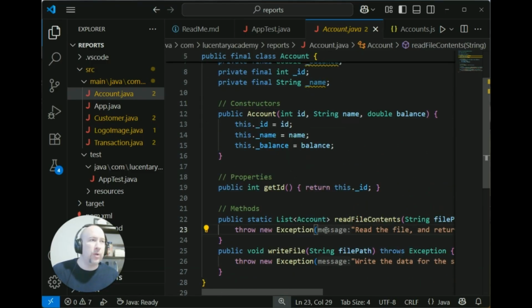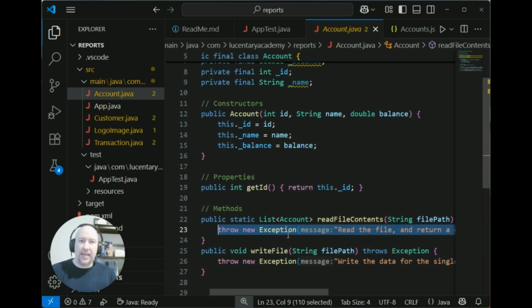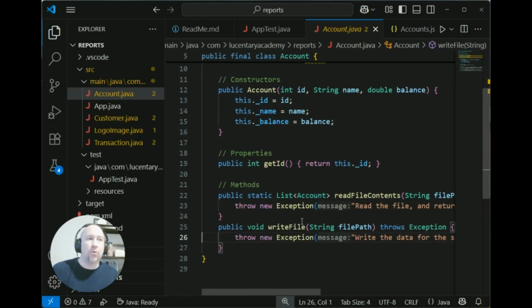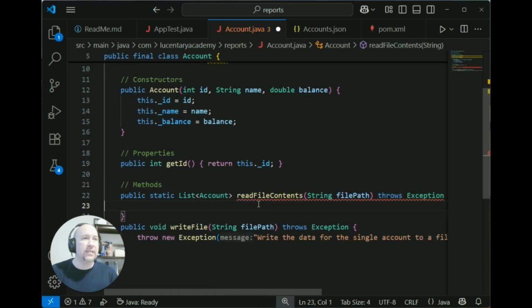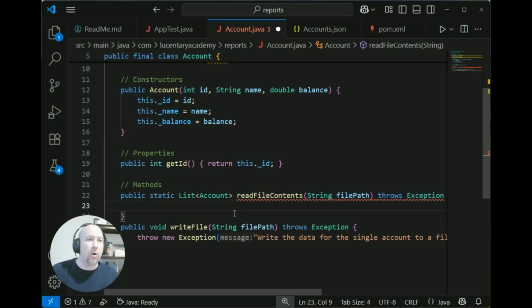And then specifically, we want to implement the read file contents and the write file. So read file should read that file, parse the data out, and return the list of accounts. Write file is going to take one single account and write that to a new file. So let me open it up and give us some more room. I know we're going to delete that. So from here, we basically need to read this. So let's get back to our